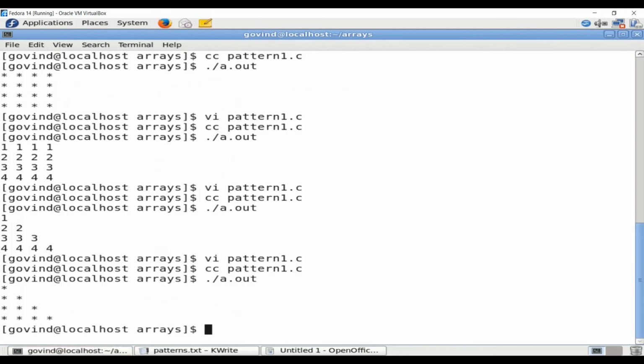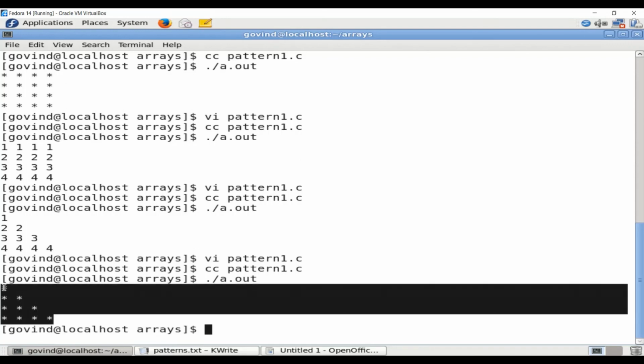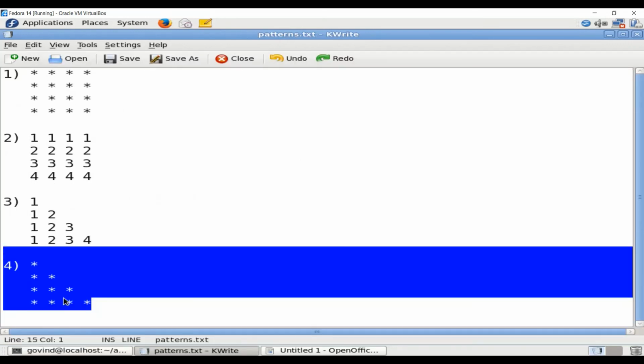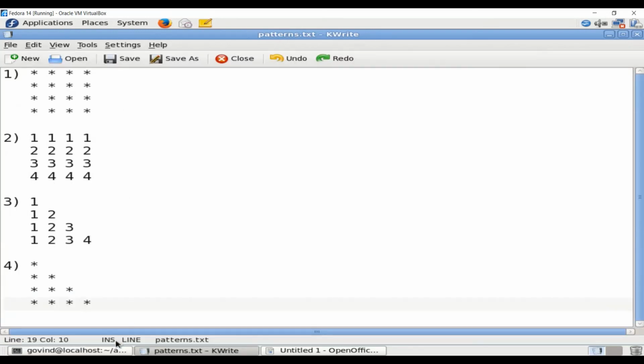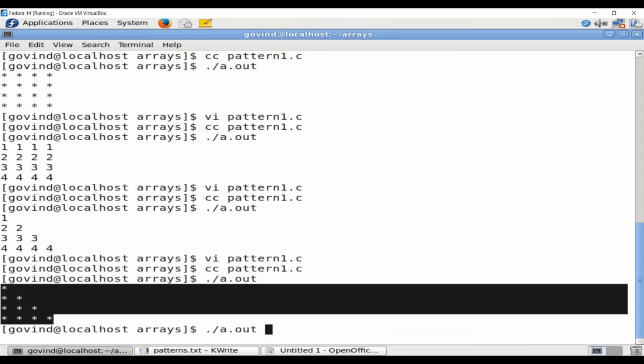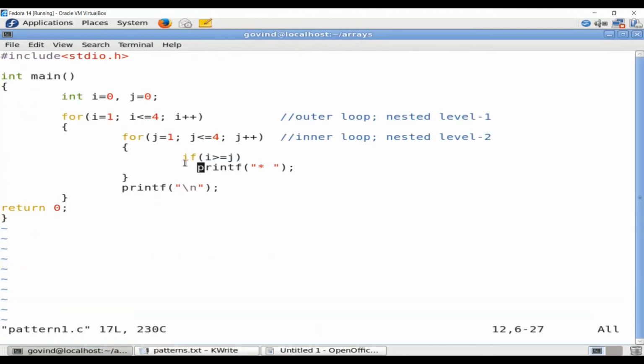There you have it. This is the output I got, and this is the one that I was expected to have. Now you can just play around with this condition. Try to specify the different value for this test condition inside this if. Just see what pattern you get.